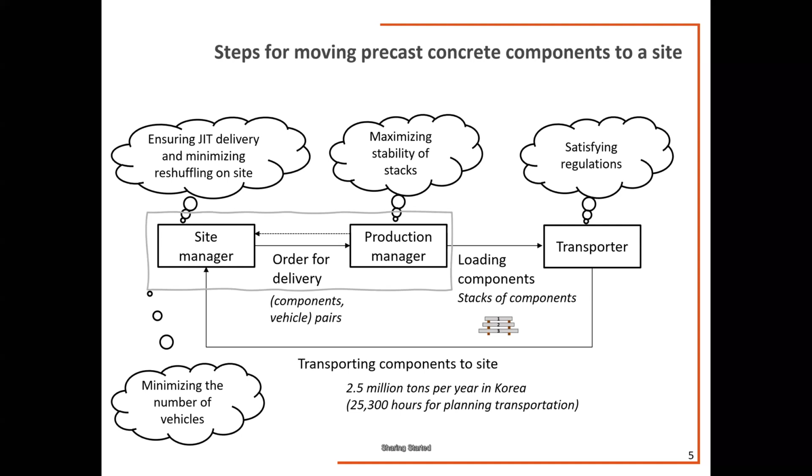And production managers at the factory coordinate on the order for delivery because they have different information. When they settle the order, the pairs of components and vehicles, they order trucks and load the components onto trucks. In that step, we need to make stacks, because we want to put more components onto one truck to save transportation cost. Then the transporter moves the materials to site. In Korea, we transport components of 2.5 million tons per year, which is equivalent to, according to our study, 25,000 hours for planning transportation. And all of these steps are